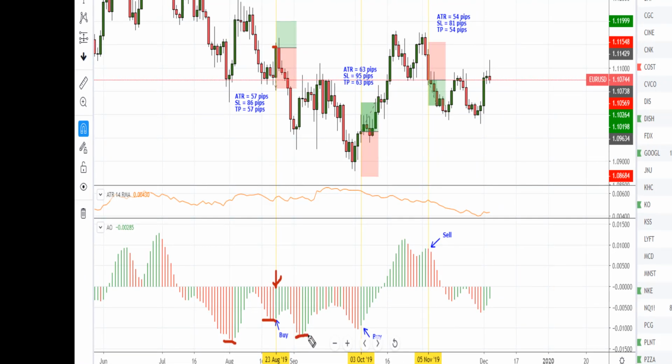Here we have a low, and here we have a higher low. And then the candle color changes, so that's our next example. Right here the ATR happens to be 63 pips, our stop loss is 95 pips, and our take profit is 63. So this easily pushes right on up and hits our first target. So at that point we'll set our stop to break even, and we'll just follow stops up here and get a piece of this